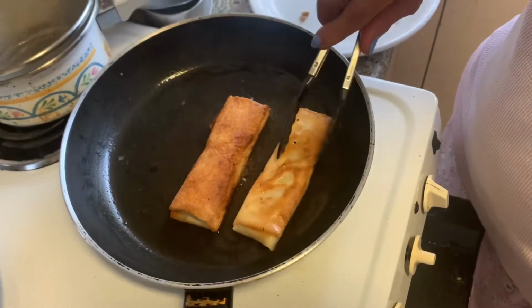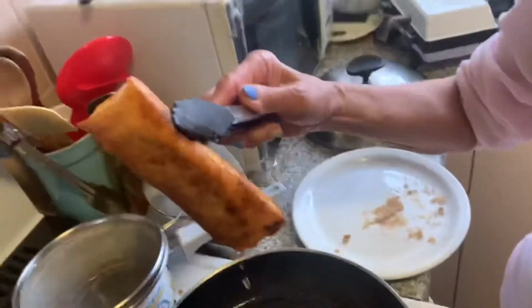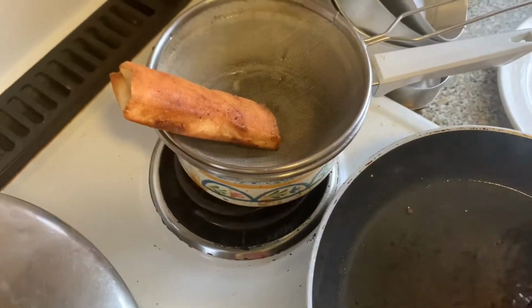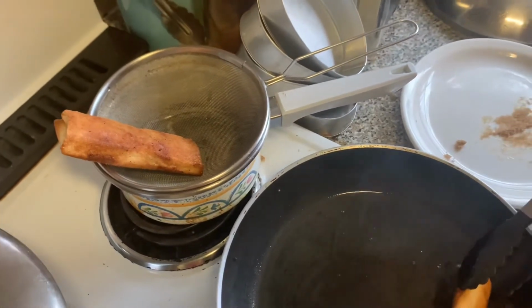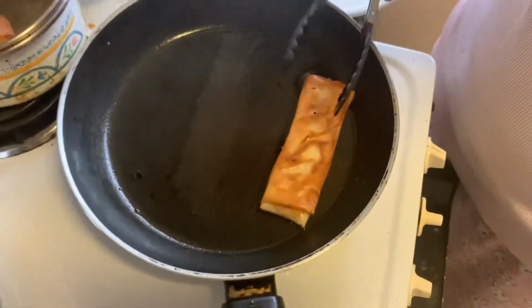So we're gonna come back and tell you how it tastes and do the tasting. Then drain, and then pat it dry later. Try and eat it when it's slightly cooled a little bit because you don't want to burn